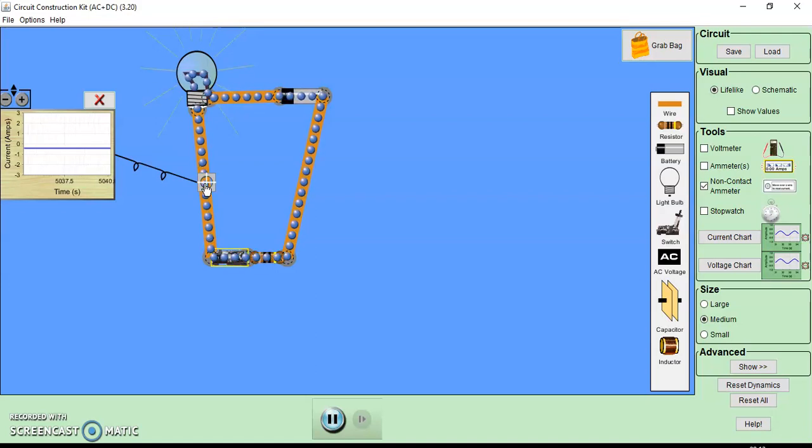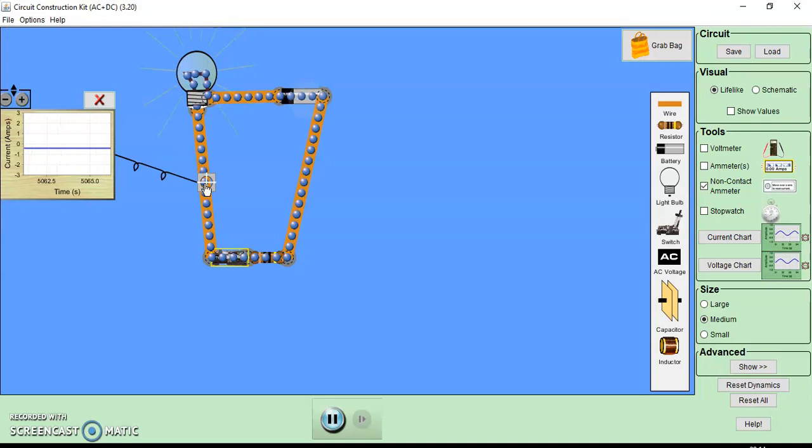What kind of current do I see? I see a current which is not changing its direction, which is not changing its value. This kind of current we call direct current, right? In contrast, we have another kind of current, known as alternating current. That is the current we get in our domestic supply, and for that to happen, we need to have an AC source.